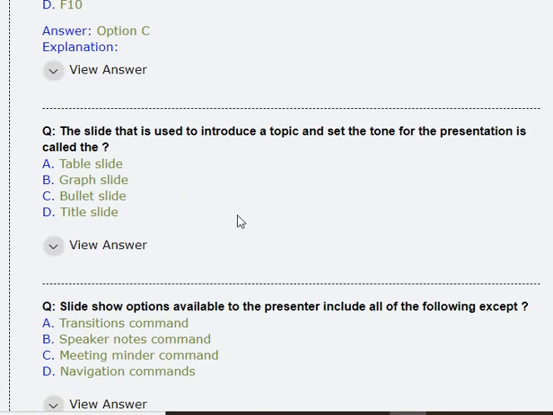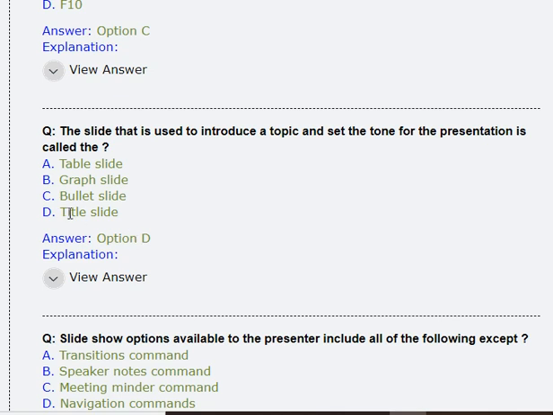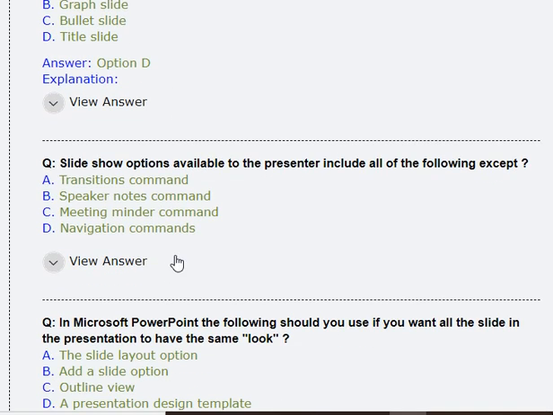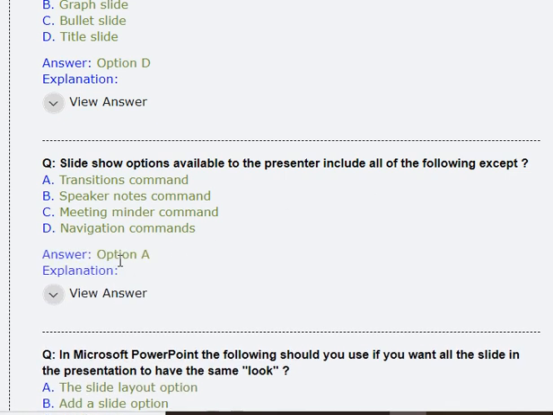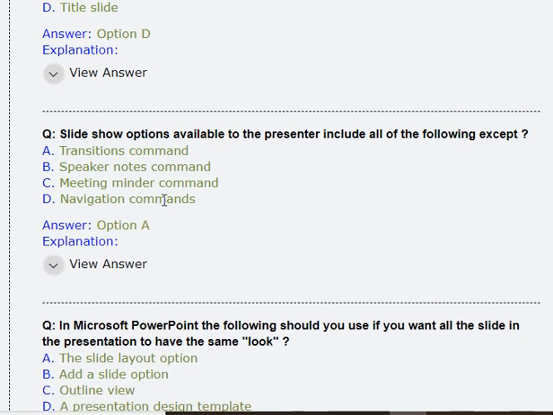A slide that is used to introduce a topic and set the tone for the presentation is called D, title slide. Slide show options available to the presenter include all of the following except: correct option is A, transition command.